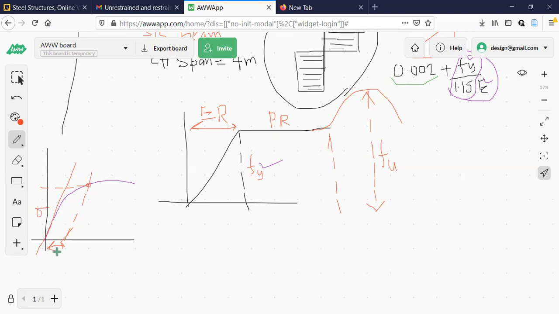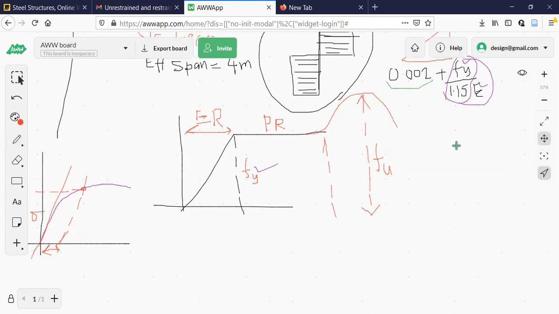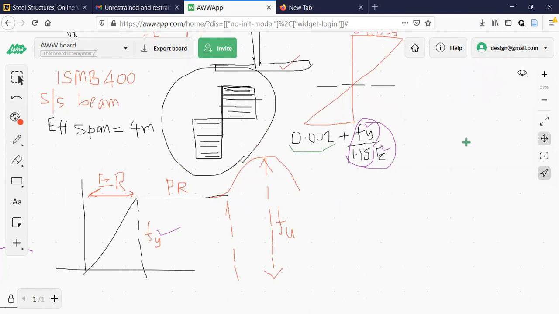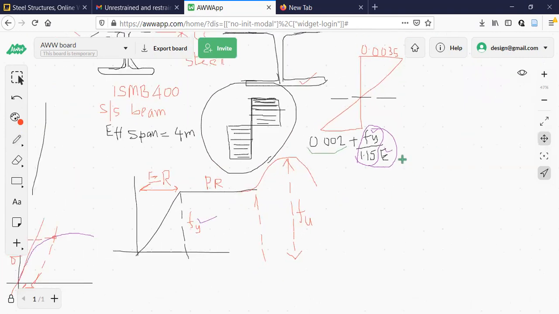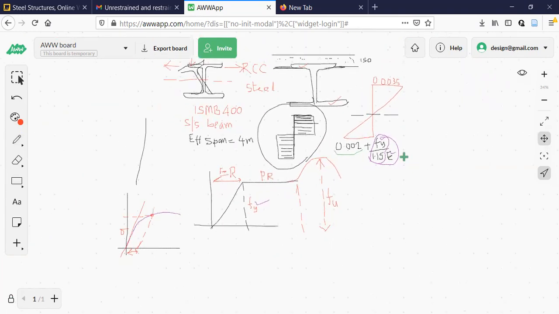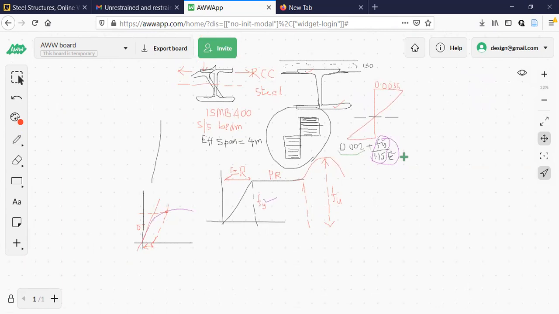It means it does not have any well-defined yield point. So many difficulties are there. That is why we never think of a plastic design of RCC beams. So this is what you need to understand. That is why concrete is a more complicated material than steel. It is not easy to predict the behavior of concrete as easily as that of steel.